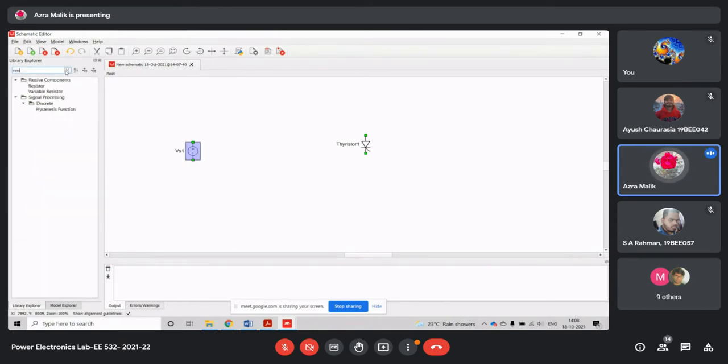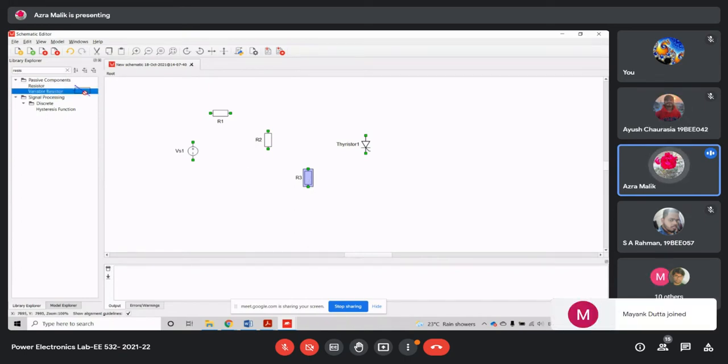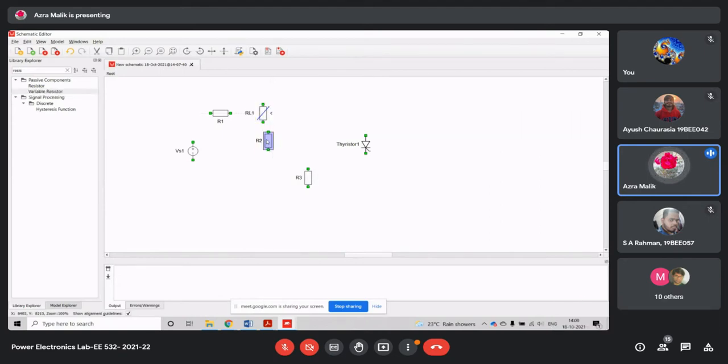Then we can import a resistor. This R1 is basically the load resistor. Also, you need a variable resistor for this particular experiment, as you might have studied in your class.